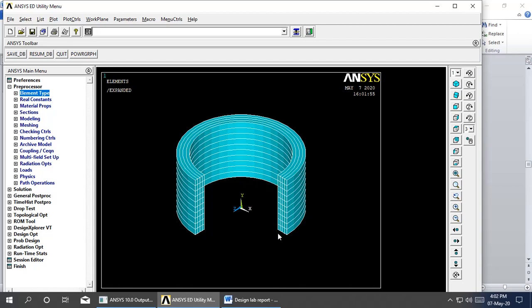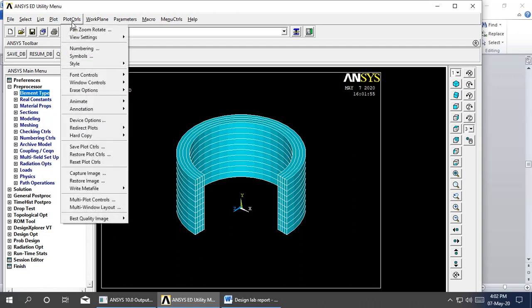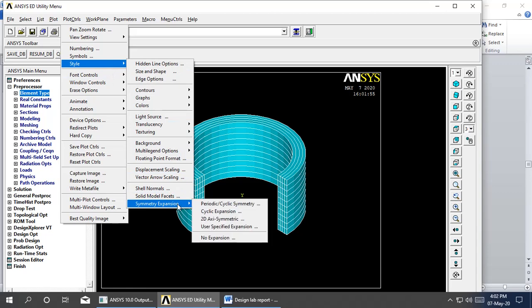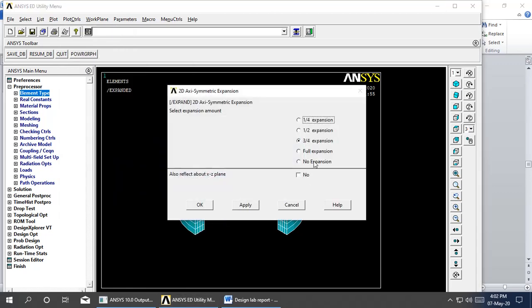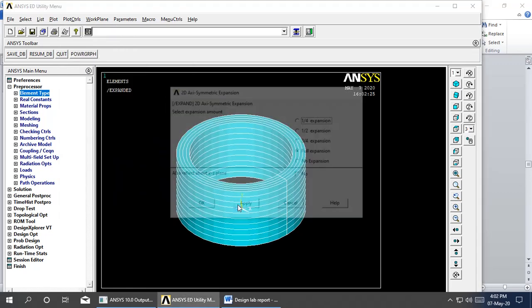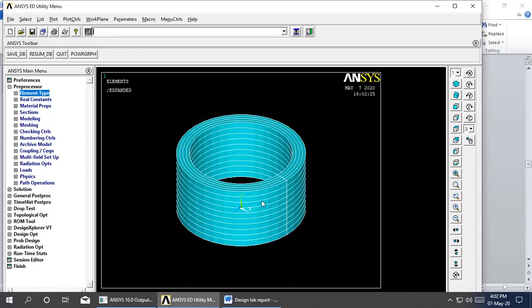We have modeled this plate and given the boundary conditions and we are making the 2D axisymmetric expansion. We are getting the cylinder. So again you go for style. If you want full expansion, go to style, symmetric expansion, 2D axisymmetric, go for full expansion, apply. So that way you get the cylinder.